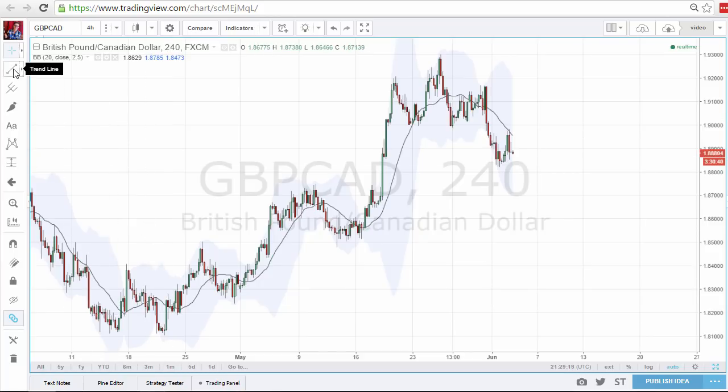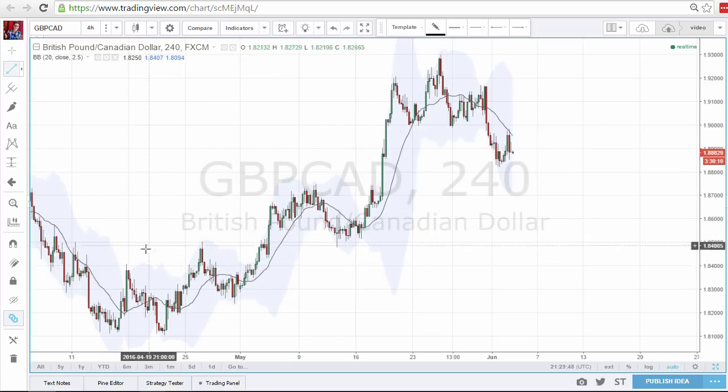For that we grab the trend line tool here, and when drawing trend lines it's important to know that we always connect swing lows and swing highs. We always start with two swing points, and then we see if we can get the third confirmation, which then validates our trend line. So when we look at this British pound Canadian,